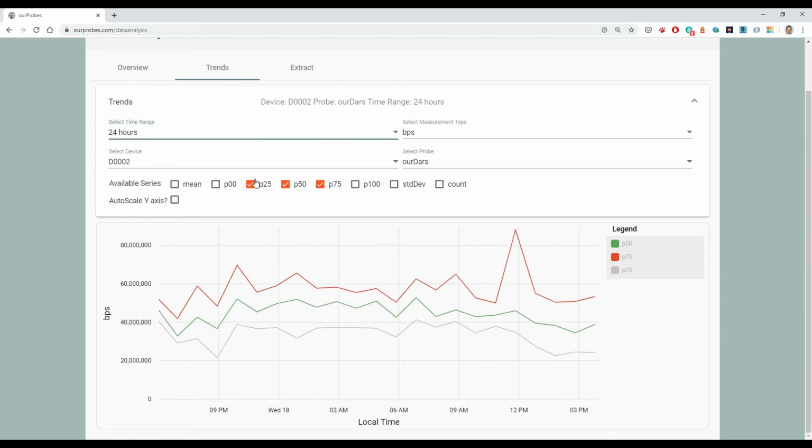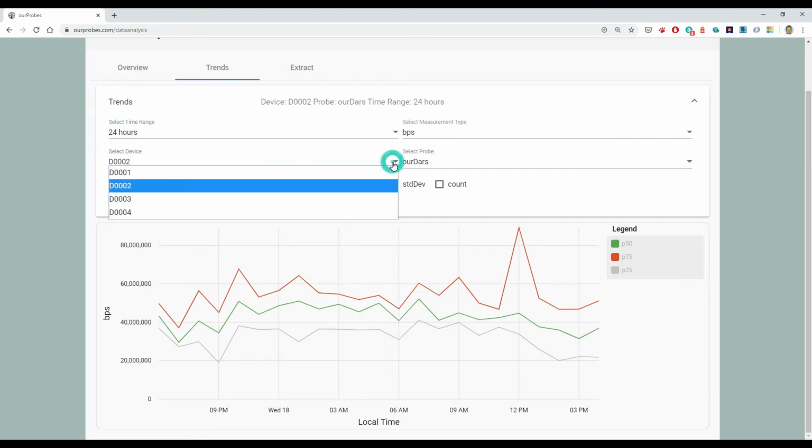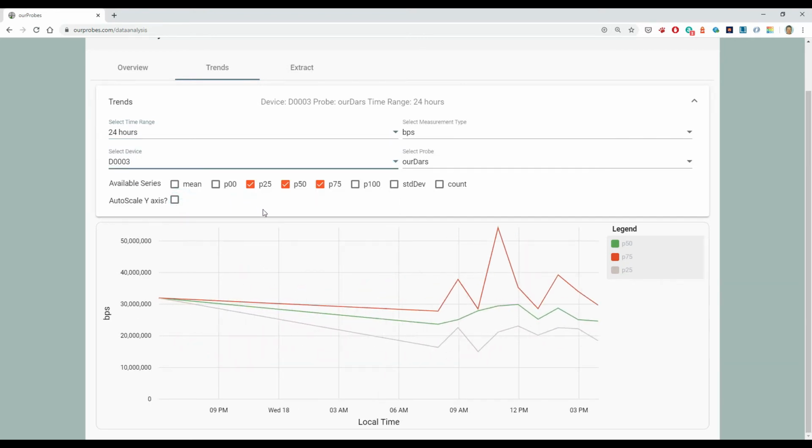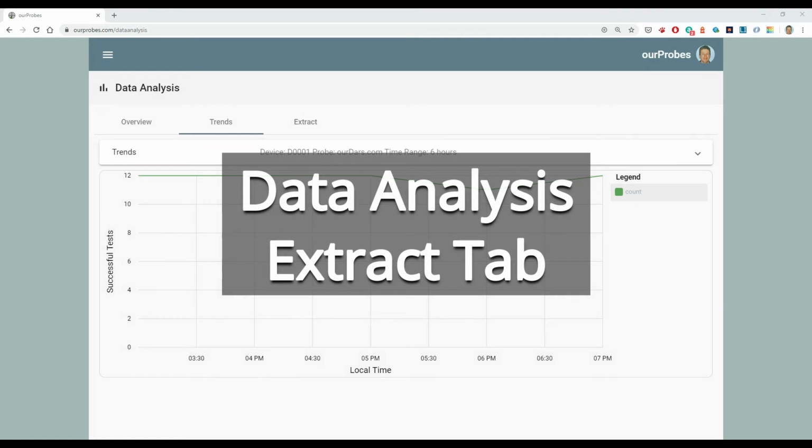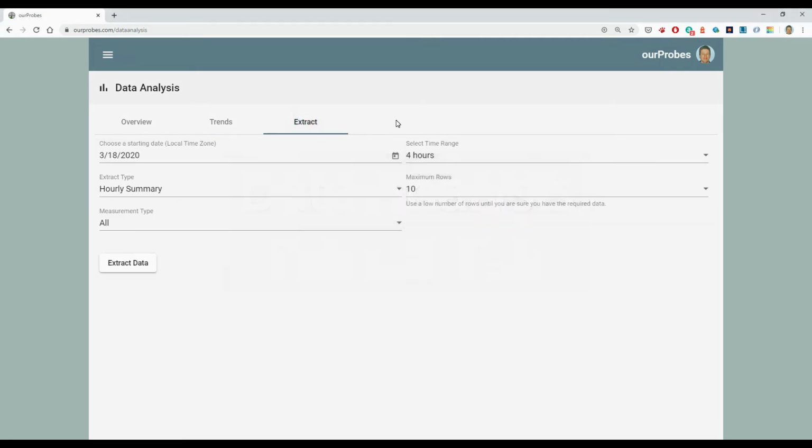Let's just go back down to 24 hours, and I'm going to look at D03. I'm not sure whether I've got many values here. So you can see I only turned that one on earlier this morning, so I've only seen the last few hours of results. The last function on data analysis is extract, which is on the extract tab,